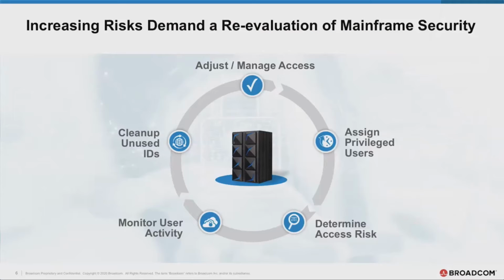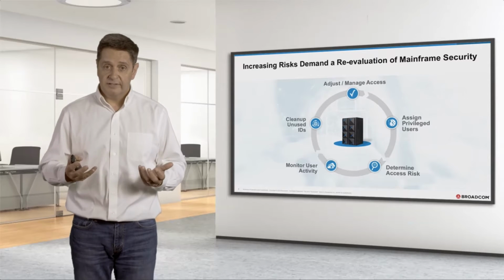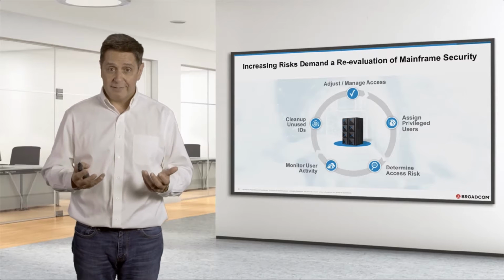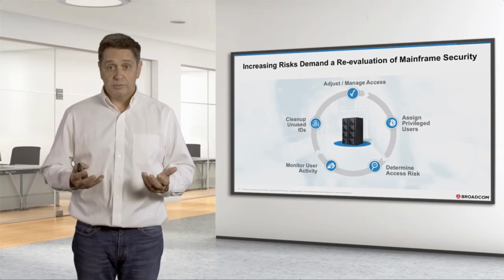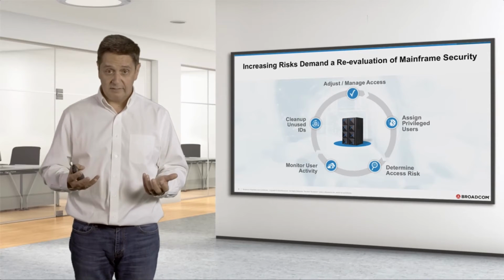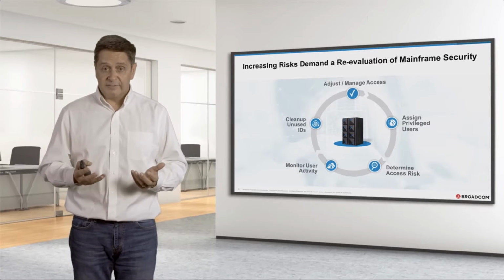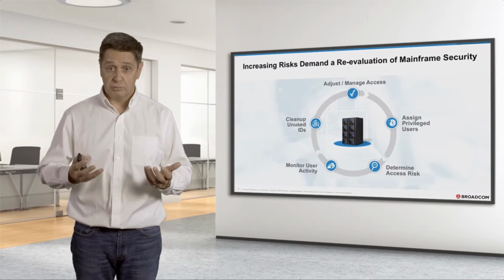What do I mean by that? I mean looking at understanding where are all my risks. So understanding the scope of the risks on the platform and then prioritizing these risks so that I know which ones to tackle first. Once I understand my risks, then I need to look at what controls do I need to put in place to mitigate those risks. Okay, I then implement those controls. And then a very important aspect that comes next is now I need to monitor. I need to monitor these controls to make sure they're doing what they're supposed to do.